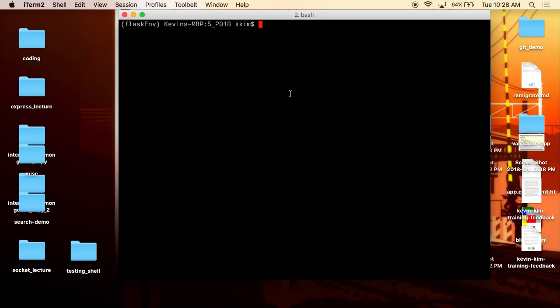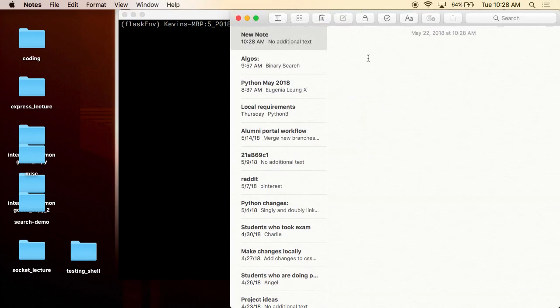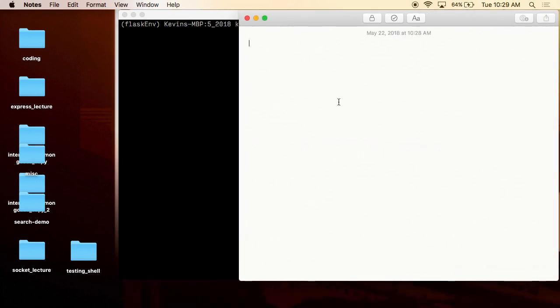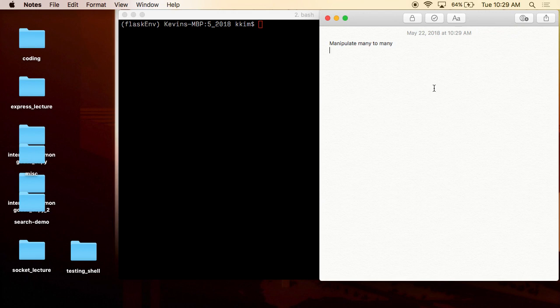So let's just quickly go over what the goals are of this. And let me just open this one up in a separate window. So here, what I want to do is manipulate many to many. This is just something for the people who are watching this later. I know you guys already know what's going on here. And then displaying many to many info. Okay, so the goal is that